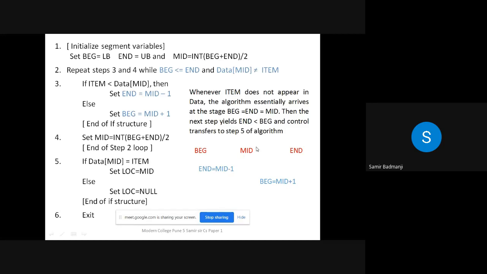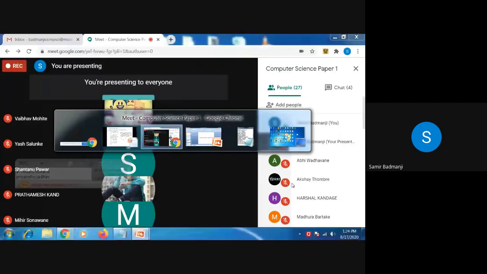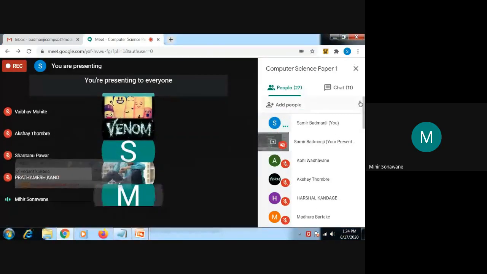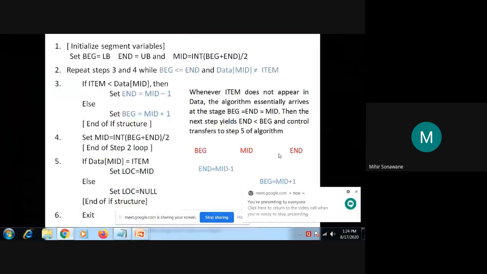And in this beginning, we'll just write mid plus 1. All of you understood till this? Yes or no? Yes, sir. So we'll just see an example, then this will become clear to you.